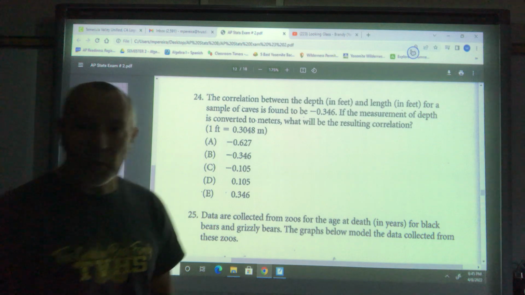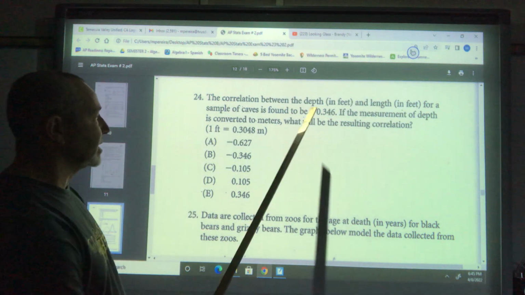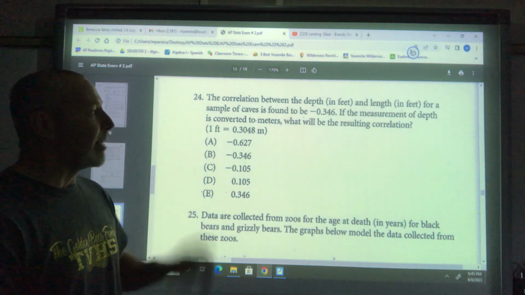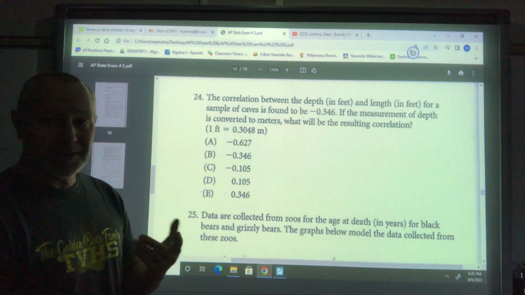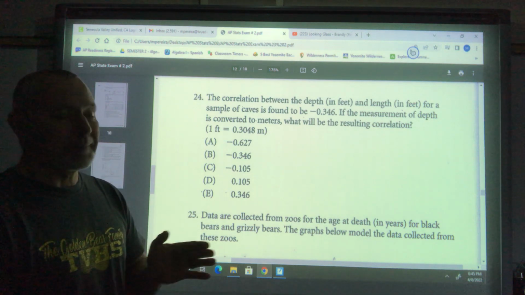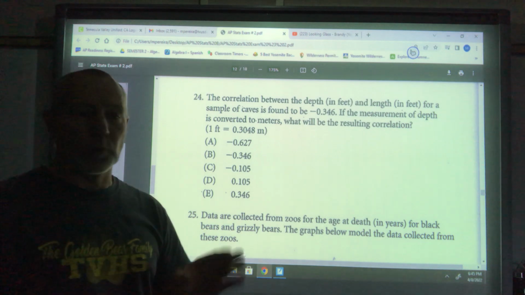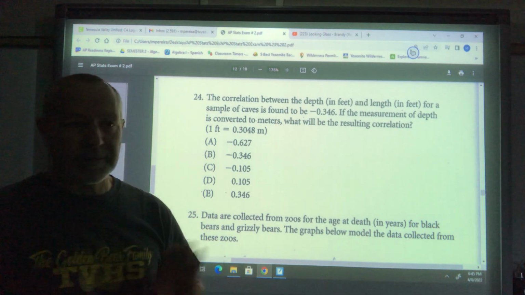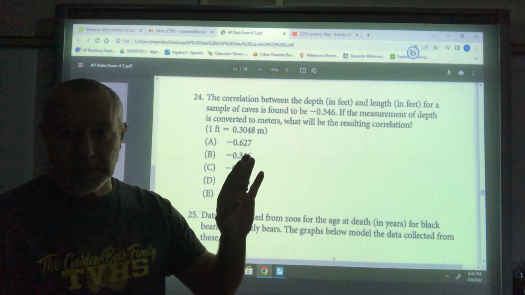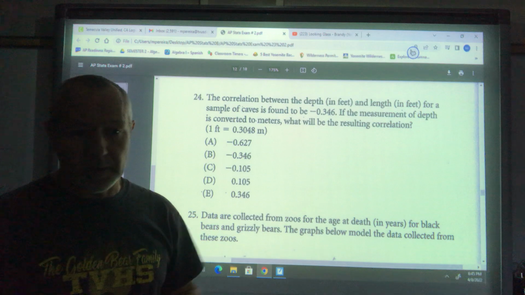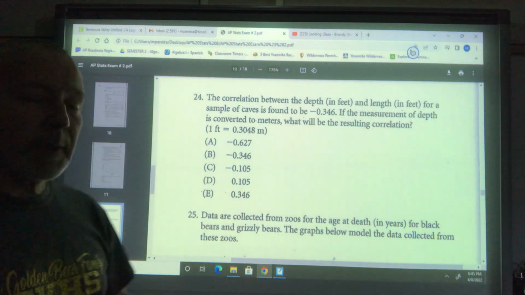Really common question, guys, really easy. They're going to talk about the correlation. They tell you the correlation is negative 0.346, and then they're going to change the units of one or both. But what you need to know is that changing the units doesn't affect the correlation. So if age and height were correlated, meaning they have a strong linear connection, let's say between the ages of 5 and 15, the older you are, the faster your height is changing. If that had a strong correlation, it wouldn't measure